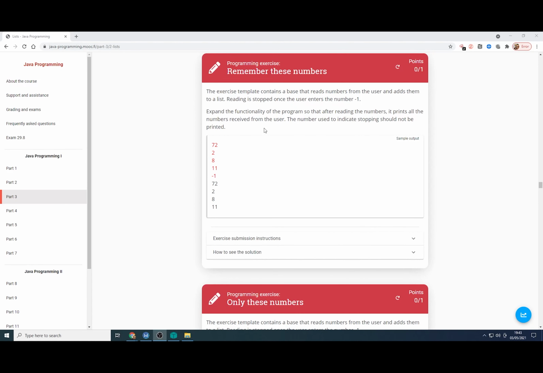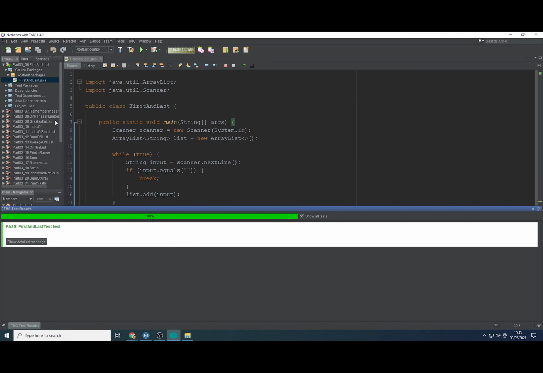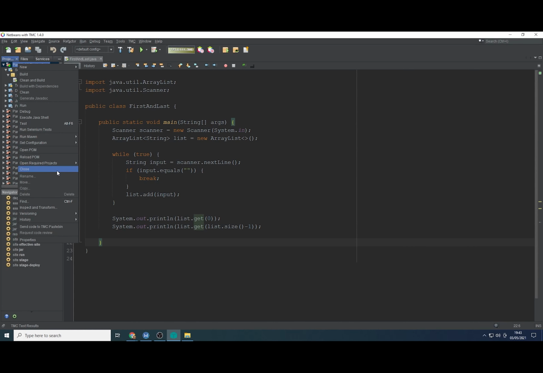Okay, so remember these numbers. The exercise template contains a base that reads numbers from the user and adds them to a list. Reading is stopped once the user enters -1. Expand the functionality of the program so that after reading the numbers, it prints all the numbers received from the user. The number used to indicate stopping should not be printed. Okay, that's great. Let's head to our NetBeans, close this one down,